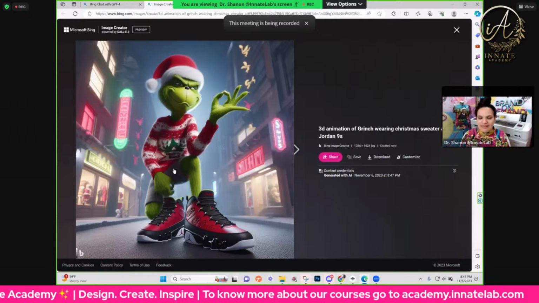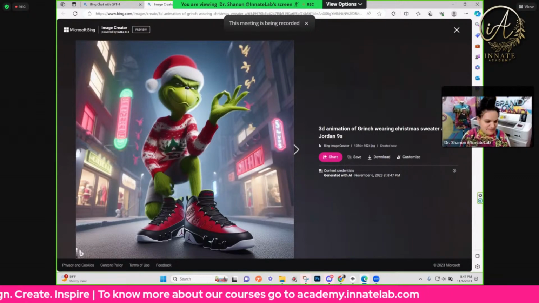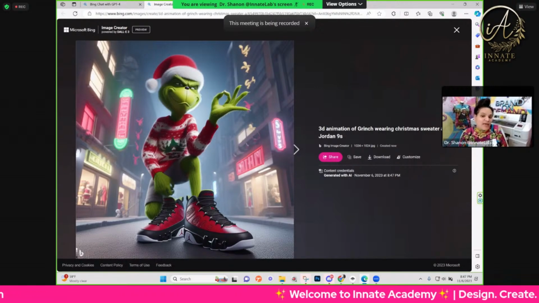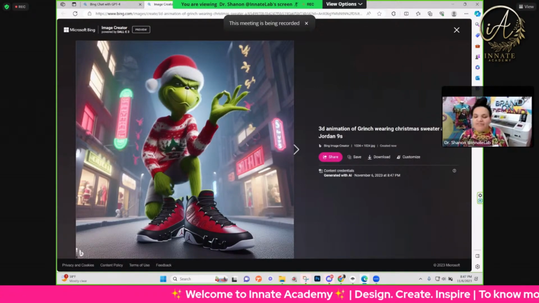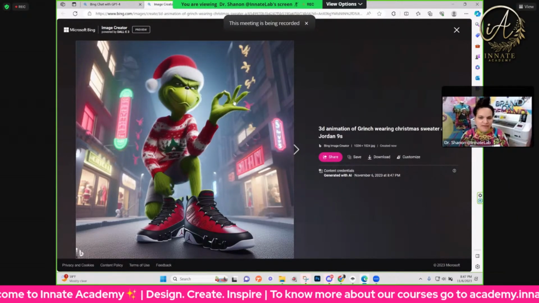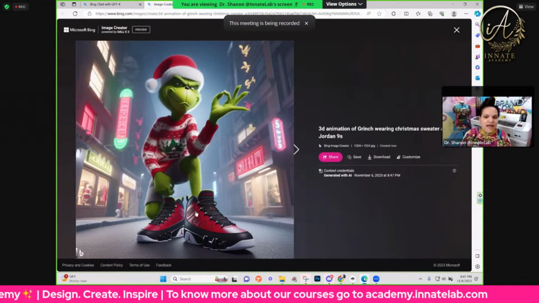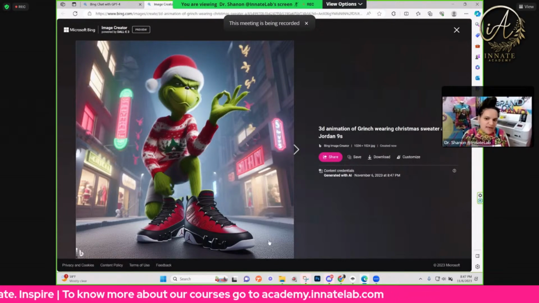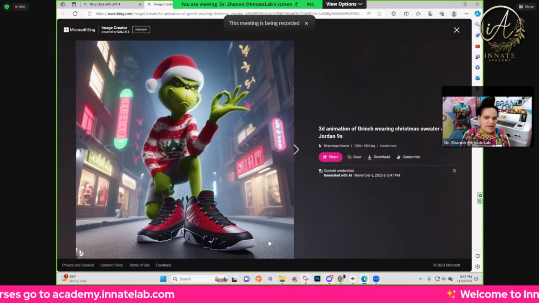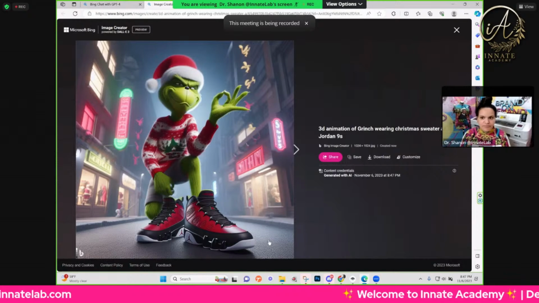Like I said, this is definitely okay. So look at your Big Bird. Come on. And then he's still wearing like the Jordans. So that's the thing. People are like, well, how do you get the sneakers? Well, if I had to get the sneakers and I was developing a character that wasn't a licensed character, right? So I'm not gonna do the Grinch, but I really like the shoes here. I would actually cut the shoes out and put them, especially for personal use, on a character that I'm creating if I created a 3D character, right? So I'm not saying that it doesn't have